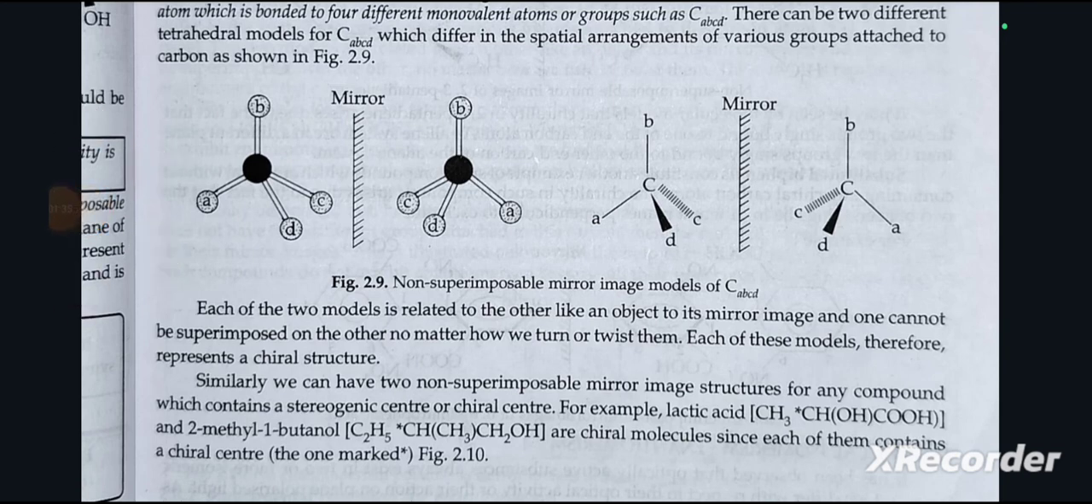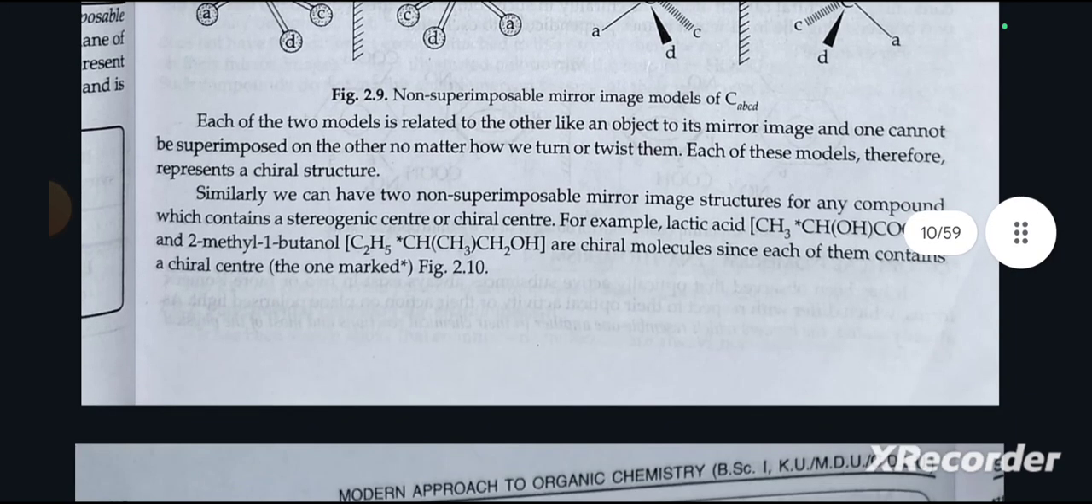Each of the two models is related to the other like an object to its mirror image, and one cannot be superimposed on the other, no matter how we turn or twist them. Each of these models therefore represents a chiral structure. Similarly, we can have two non-superimposable mirror image structures for any compound which contains a stereogenic center or chiral